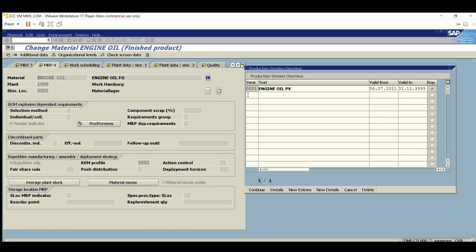As I told earlier, for making one final product, if we have more than one bill of material and routing, in that situation we use a production version. In repetitive manufacturing we need to use the production version with the repetitive indicator as well. You can see the repetitive manufacturing indicator is also updated. If I click on details,